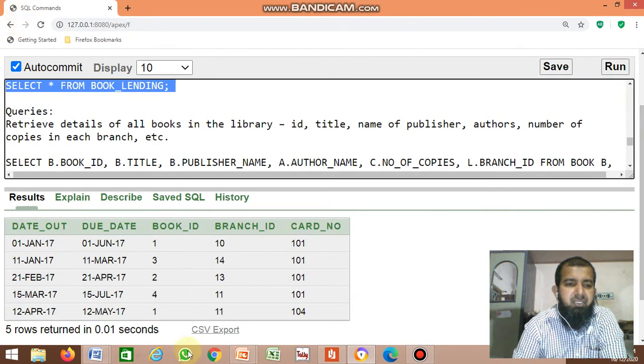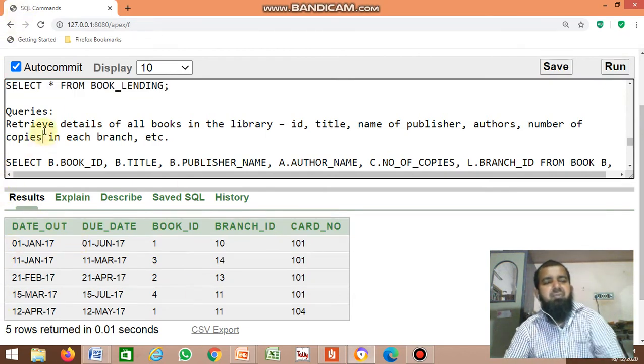Okay, so this is the book lending table. Clear? Now we'll solve the queries.